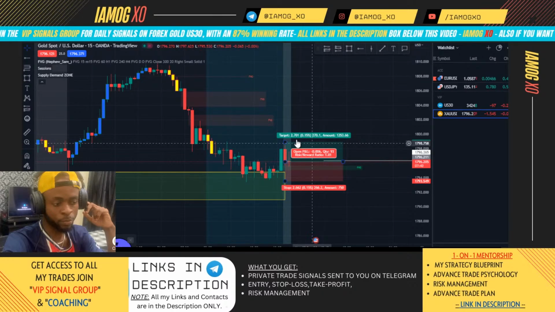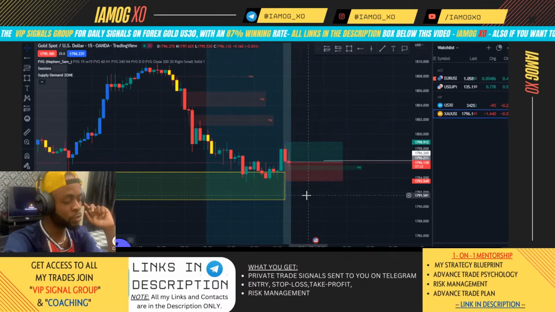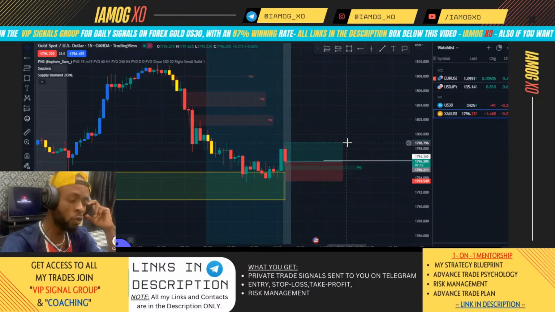The chance of price hitting our stop loss is, I would say, like 35%, and the chance of price hitting a 1-to-1 here is around, I would say, 70%, like twice the probability of losing. So I would strongly suggest you guys take it easy and use proper risk management. That is the most important thing I would say at this point.